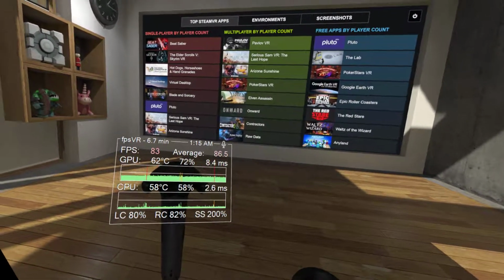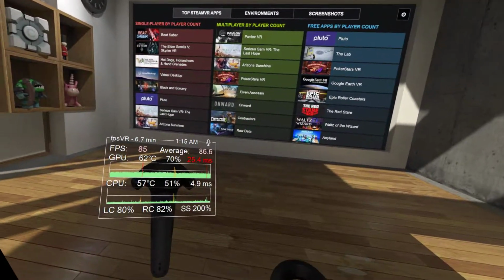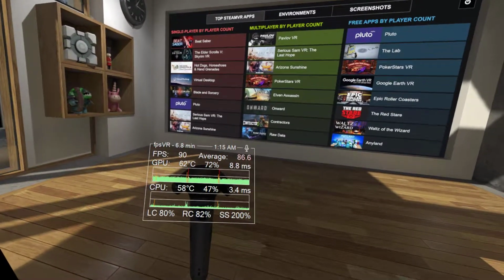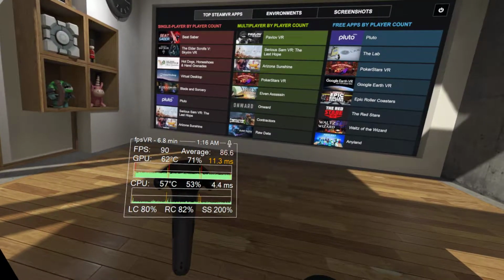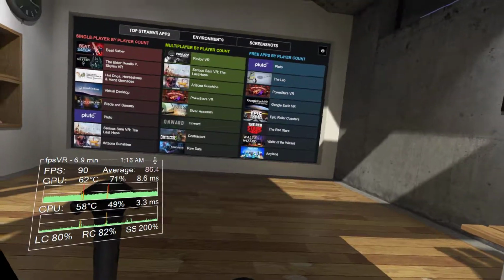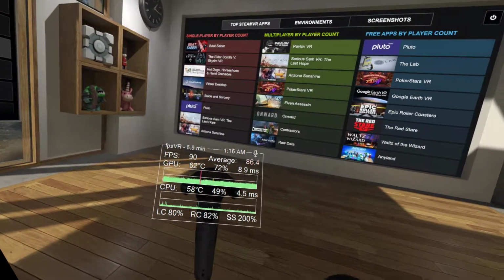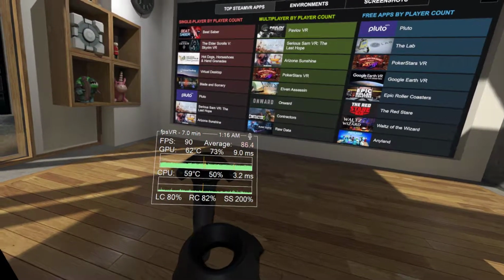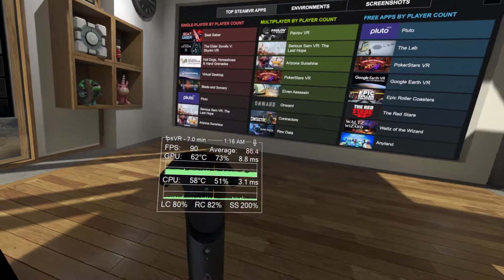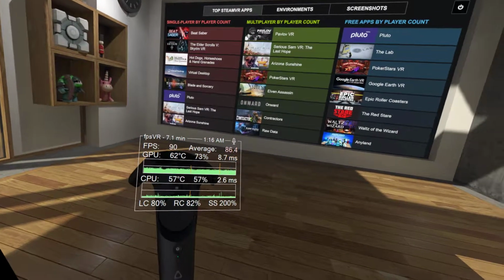Hello everyone, and welcome. I found an interesting bug in a web browser that seems to be negatively affecting the frame rate and performance of SteamVR and virtual reality games. If we take a look here at this little graph or overlay, we can see my FPS up here occasionally drops below 90,